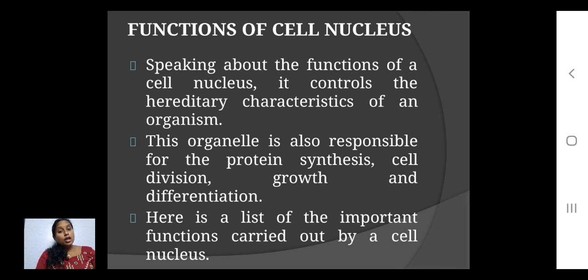How is it happening? During the time of cell division, when the cells are going to multiply, they keep the same character and the same function, and the genetic material is transferred. Through that, the same function is carried forward to the next generation.